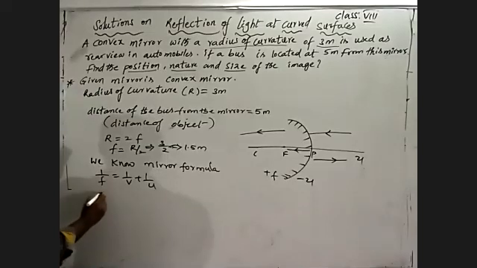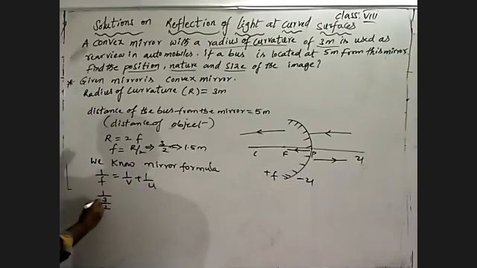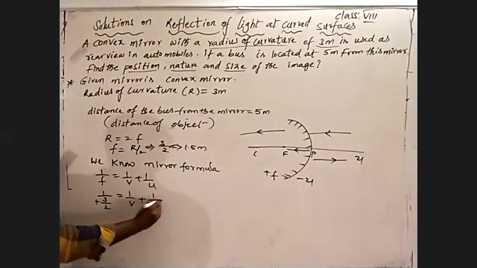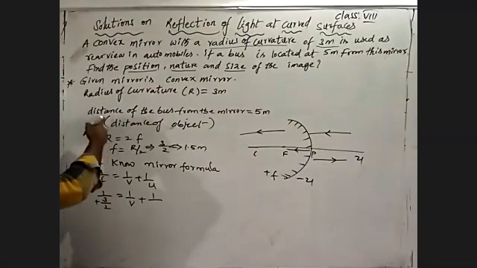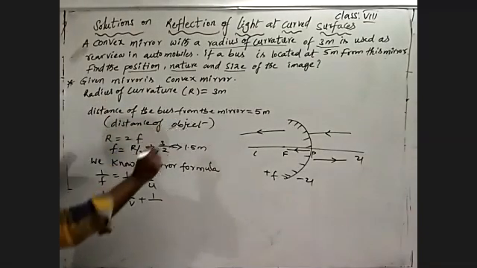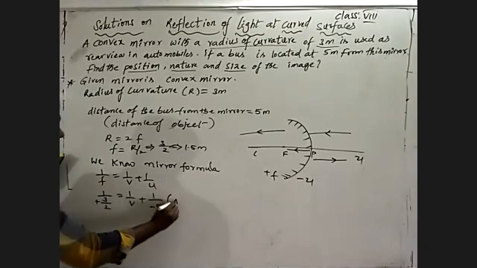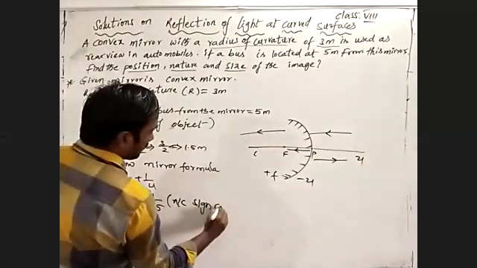See here, 1 by f is positive. How much focal length did we get? 3 by 2. So 3 by 2 plus, equal to 1 by v. For that we are not writing sign convention. 1 by u, object distance, is negative. How much object distance, where was the bus located? 5 meters. Both are in meters only, so we will get the answer in meters only. Coming to that, we can take the reciprocal. We can write here according to sign convention.